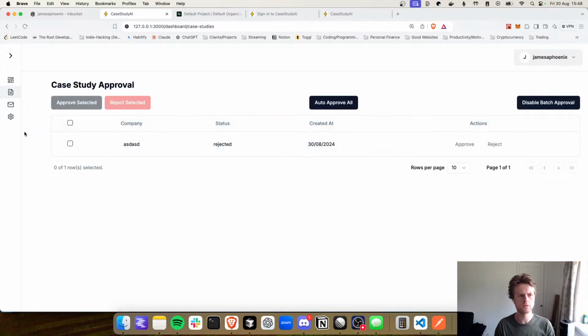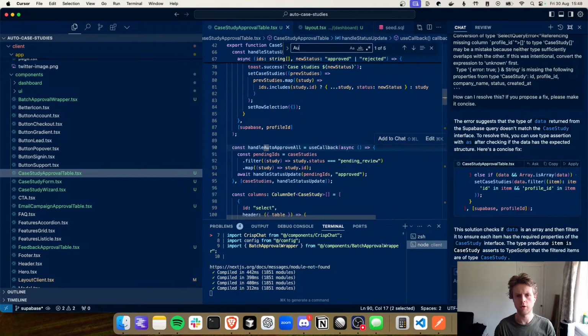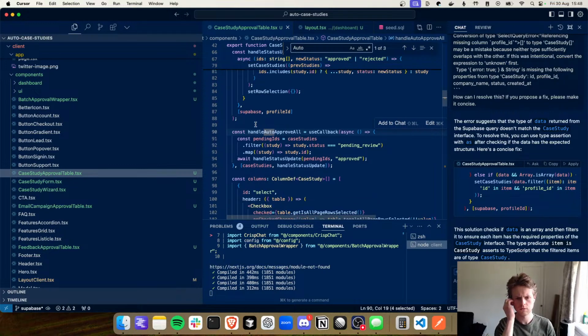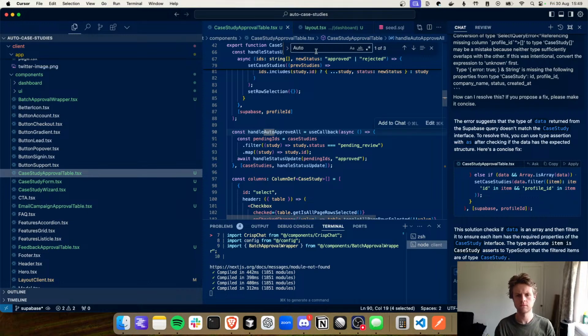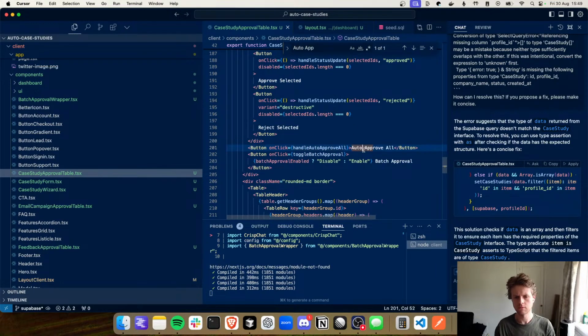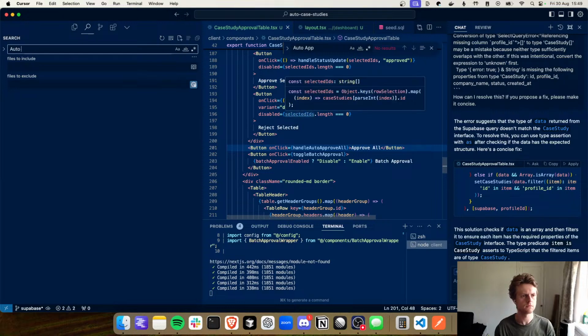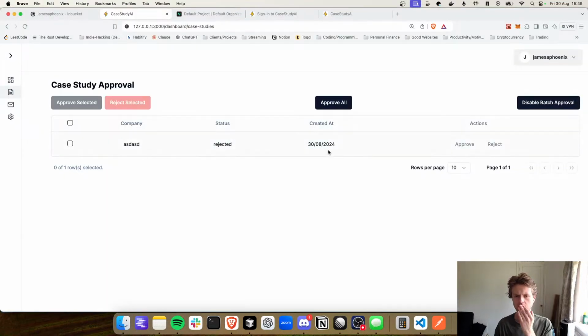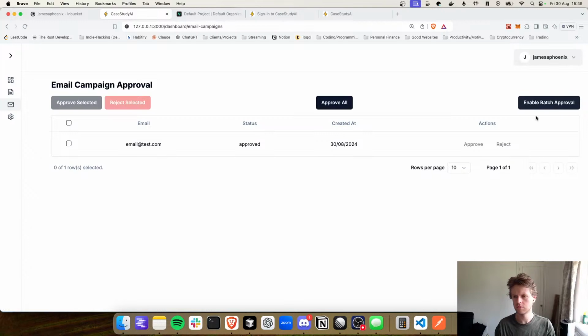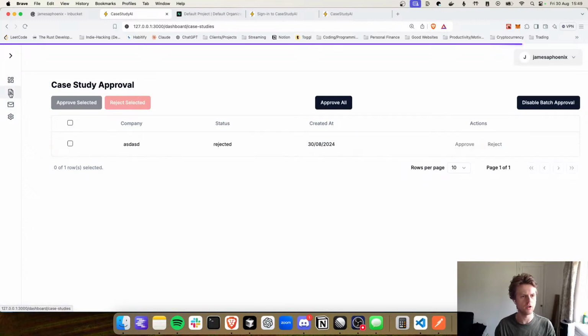Enable batch approval. Auto approve. We'll say approval. Okay, so we've got disable batch approval or enable batch approval, and then the last thing I want to do